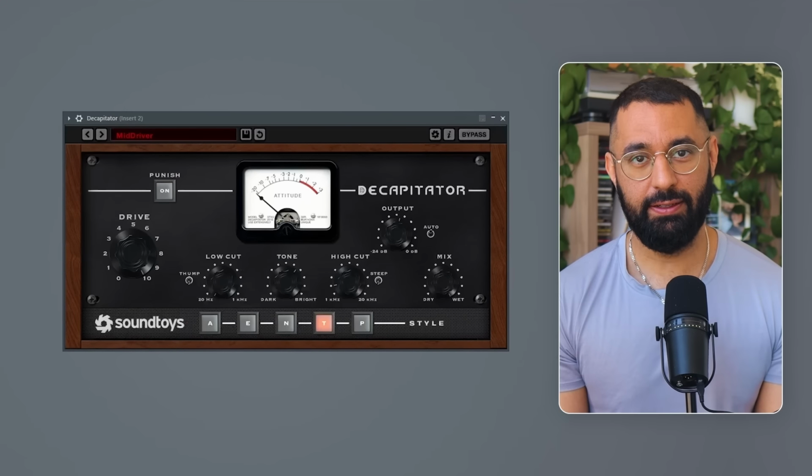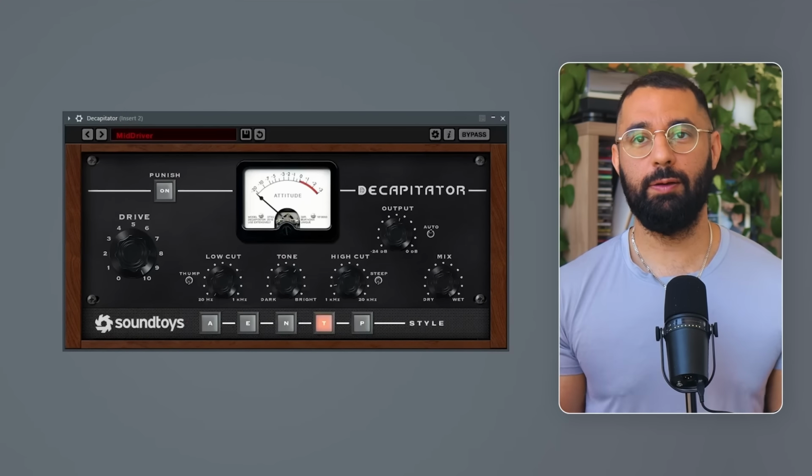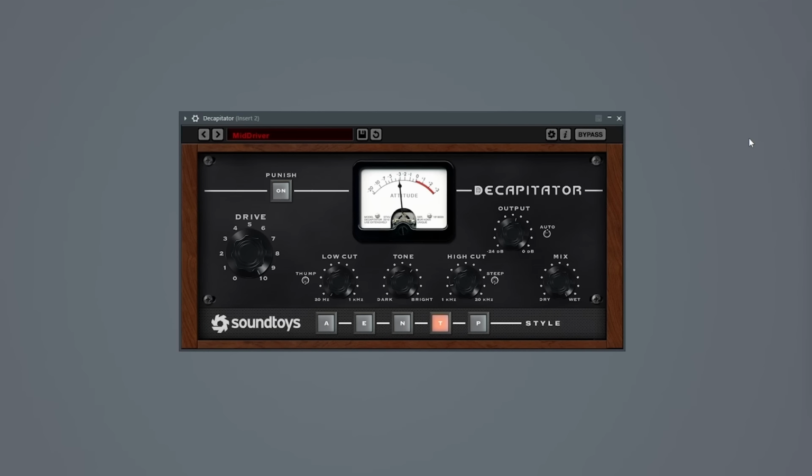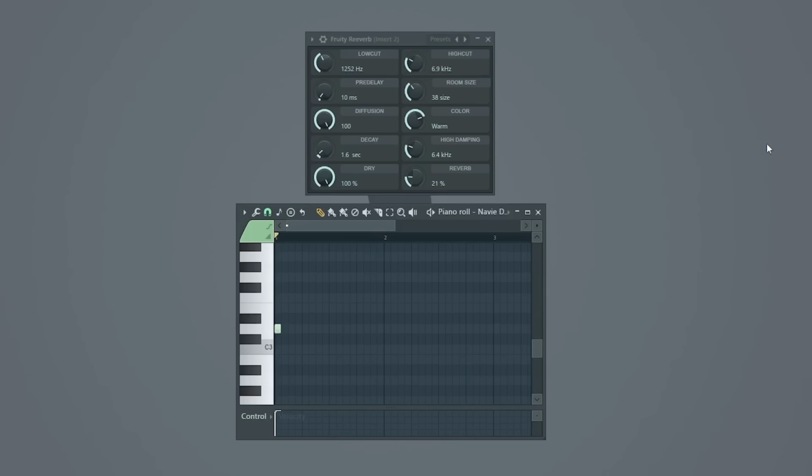An interesting idea. I'm gonna see how this sounds if I use a low-end producing plugin like Decapitator, which is often my go-to if I wanna bulk up my drums or my bass. And next, I'm gonna get a little bit naughty here, a little bit freaky. I'm gonna add reverb onto this sound. I know people often say don't add reverb to your bass, but as long as I control which frequencies this reverb is applied to, I should be fine. To me, this just fills up the space in the low end in a really interesting way.